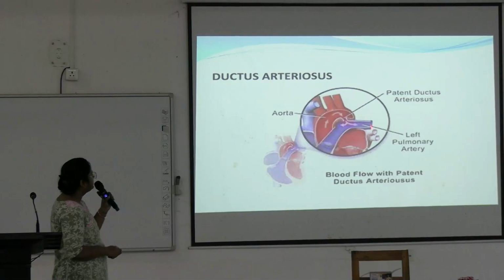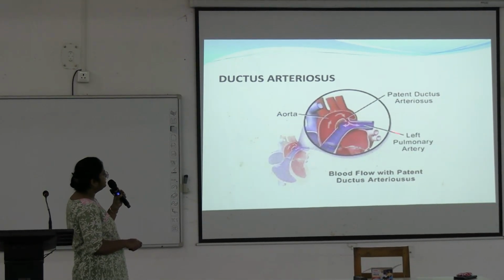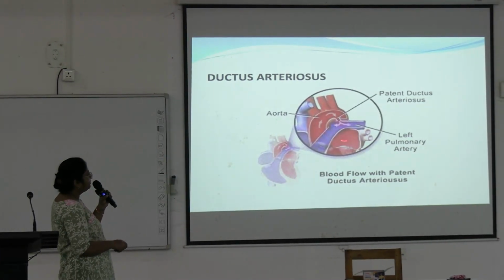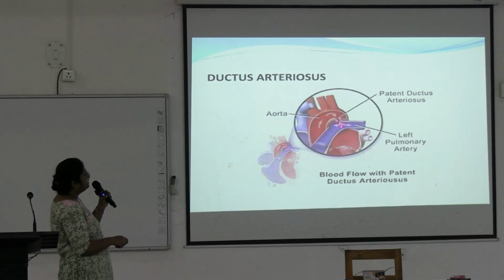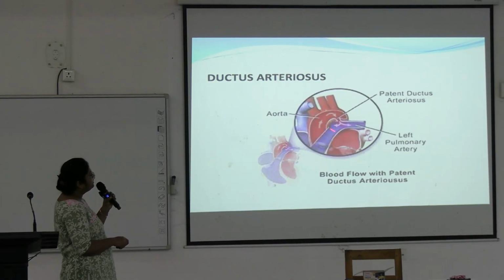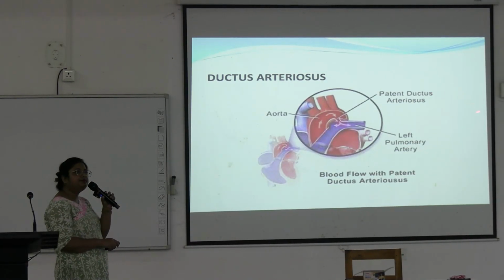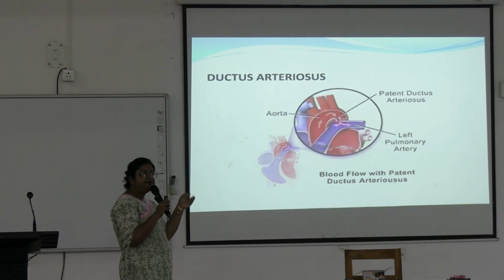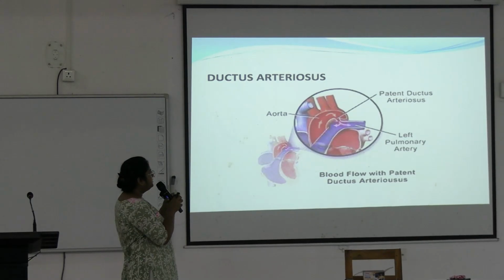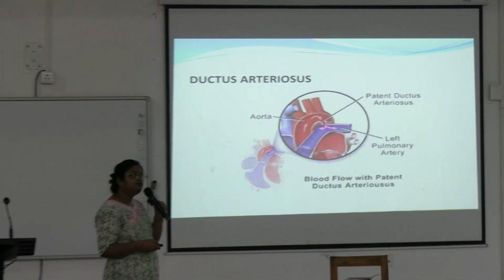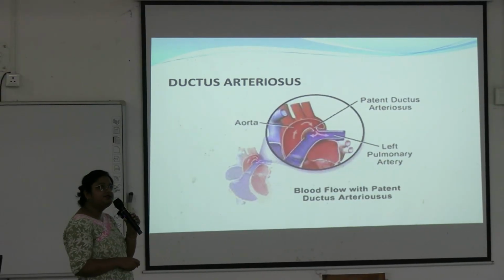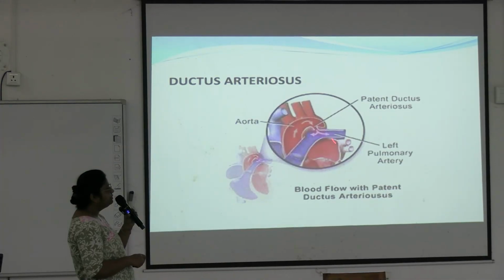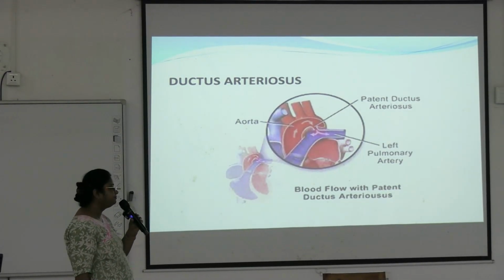So see here, this is the ductus arteriosus connecting the left branch of the pulmonary artery with the descending aorta. And this connection occurs distal to these three branches of the arch of aorta. And in adult life, if it remains patent, there will be cyanosis in the patient, because there will be mixing of blood through this patent duct from the right side with the blood of the left side.